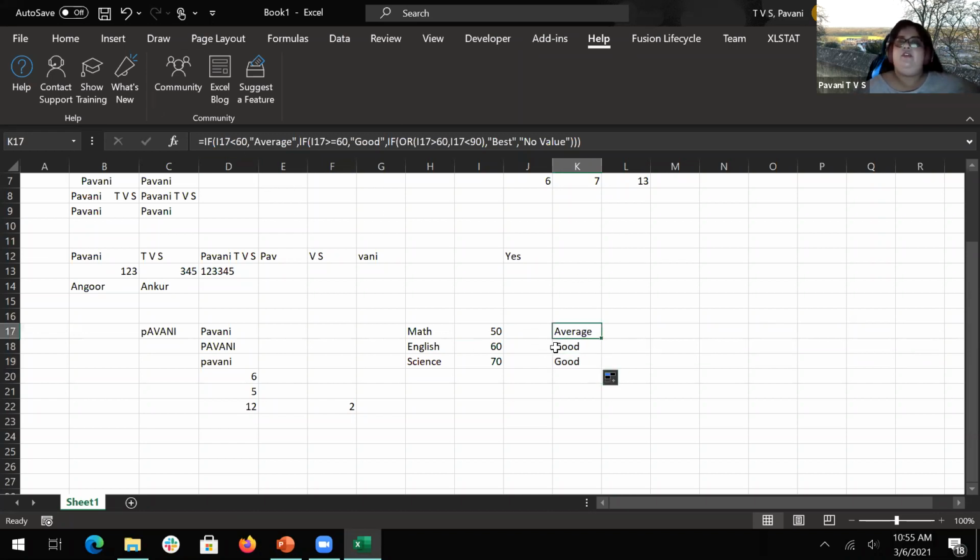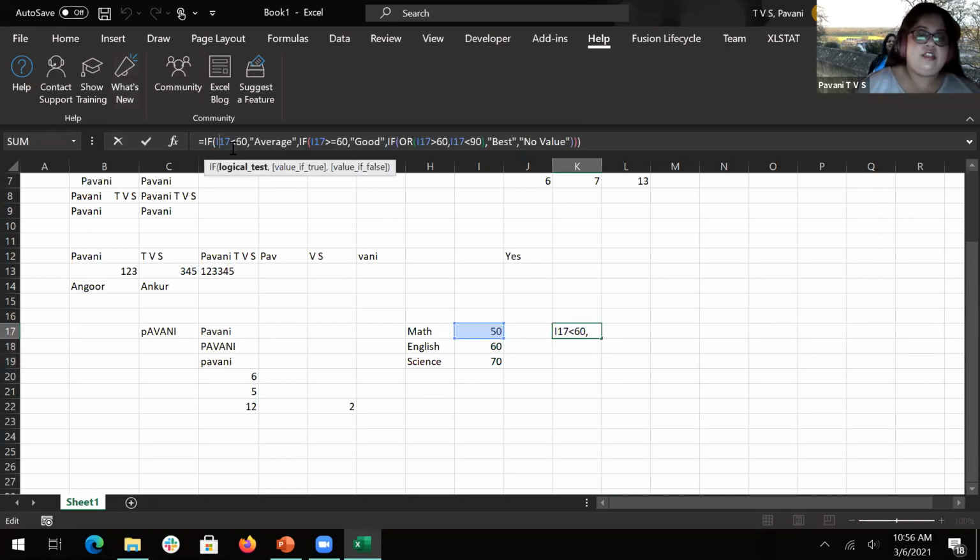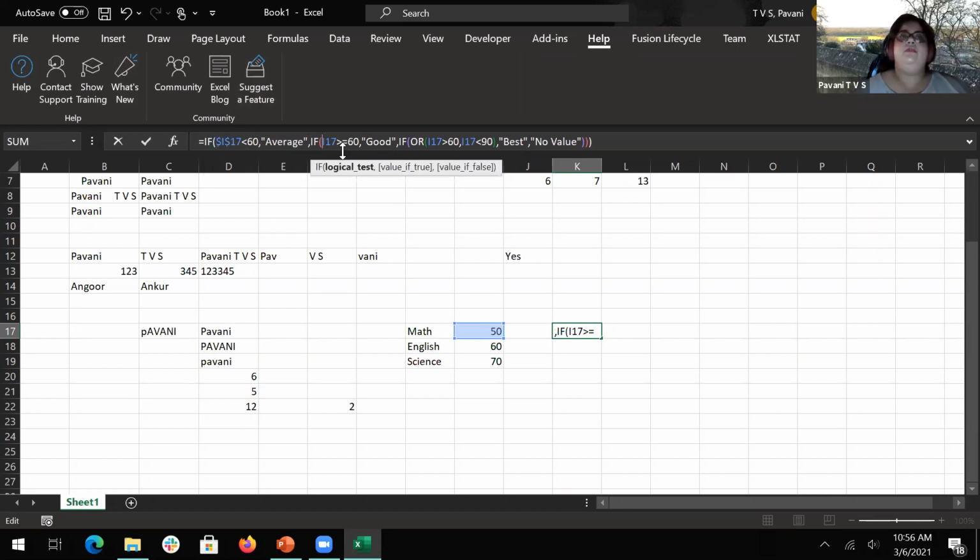Say for example, if I don't have the formula here and I locked it, that is nothing but the dollar sign will come into picture. Dollar sign usually is used to lock a particular information. Means if you drag that formula to the next cell also, it will not change.